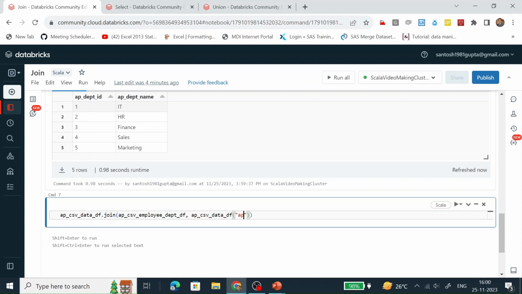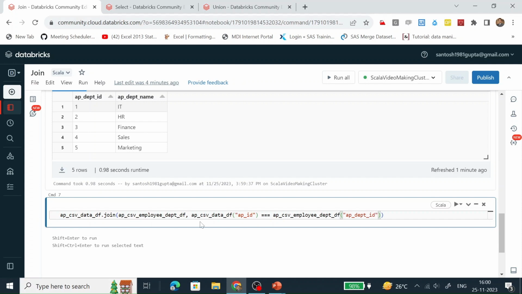So here is ap underscore id, which is equal to ap dept id.